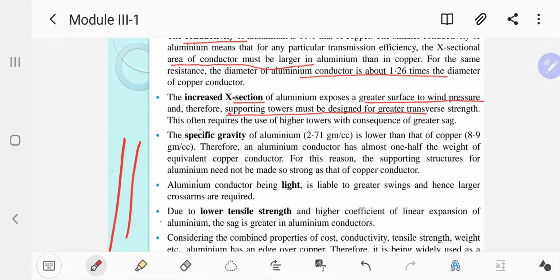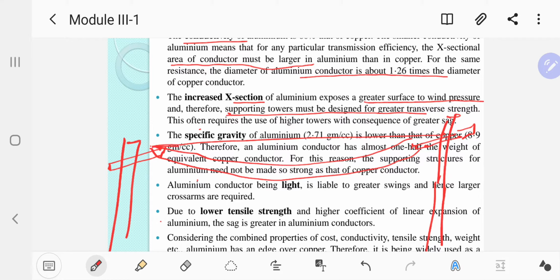If you have two towers like this, at a greater height, we have to keep the conductors in between the two poles like this. These are not drawn as straight lines. What happens if you give it as a straight line? When any stress comes to this conductor, the conductor will break. So instead of keeping the conductors in a straight line, it is given a small curve. This one is known as a sag.